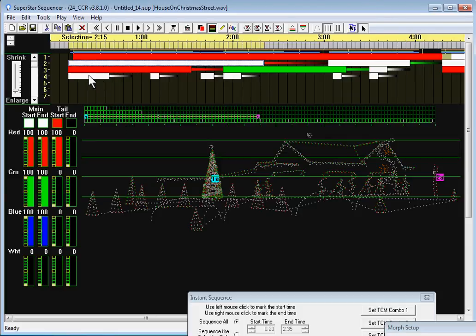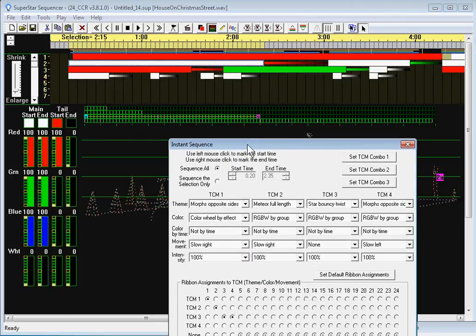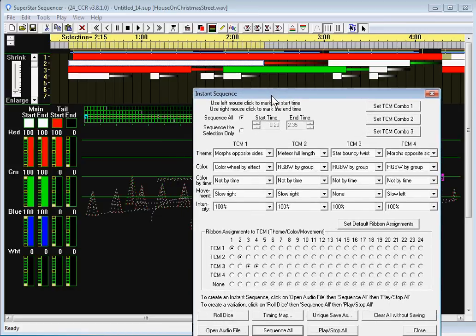So if you just liked the mega tree, and that is row 2, you could set those to none and say sequence all,